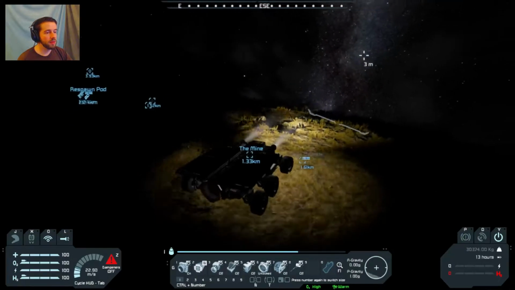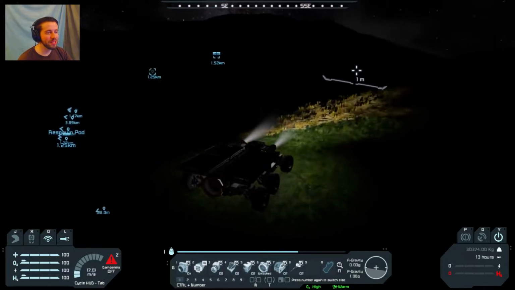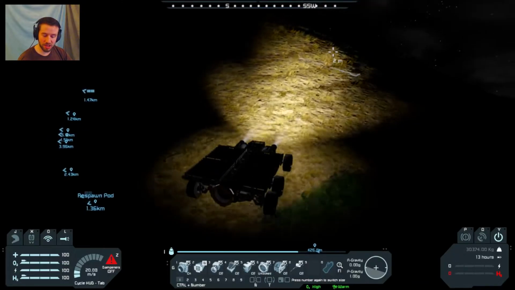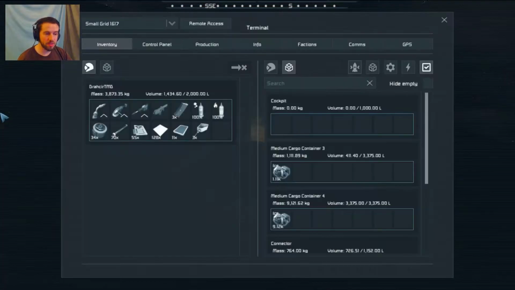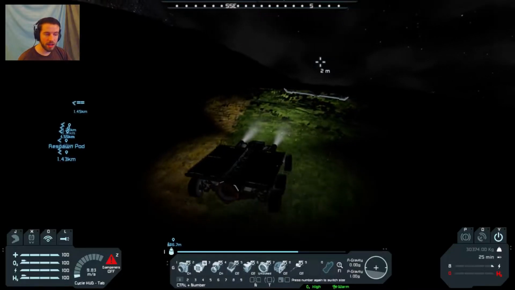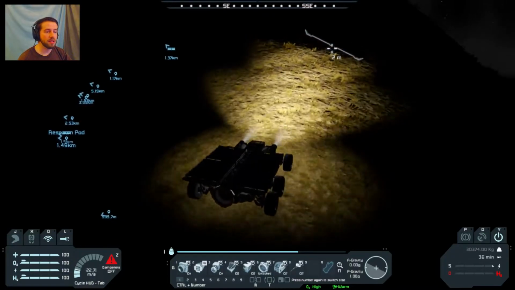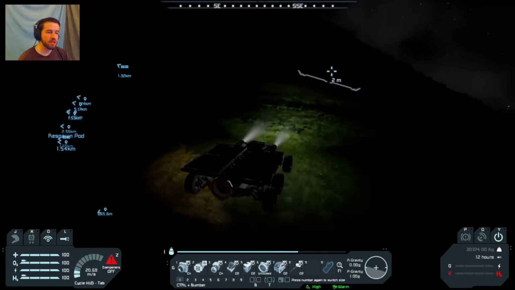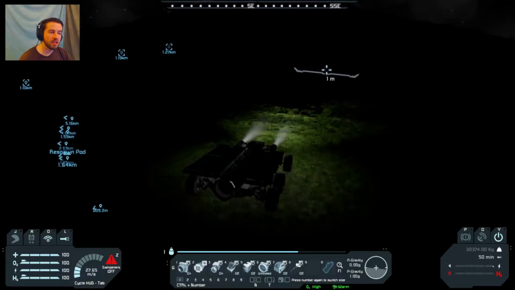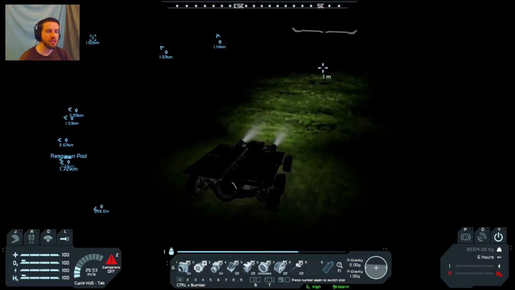Actually, let's go for a little... Whoa. I was about to say, let's go for a little drive. Let's go around the perimeter, but that might not actually be the best idea. And let's turn on the ore detector while we're at it. Ore detector is all the way up, range 50. Because you never know, if we go different routes when we're driving, we might see some cool stuff. This is really not a good idea for me to be driving at night and on a hillside around a lake. Wait, am I heading towards the base, or am I heading towards the...